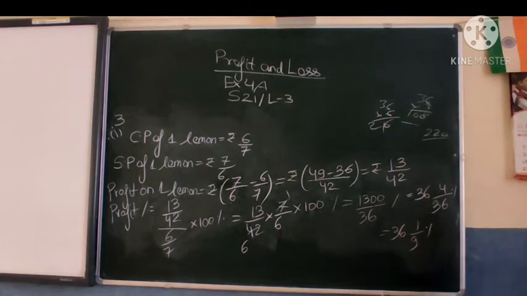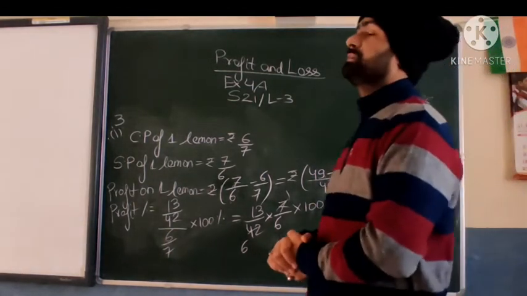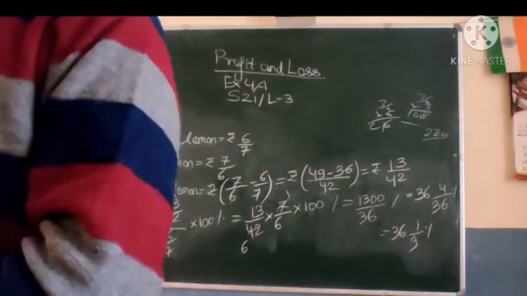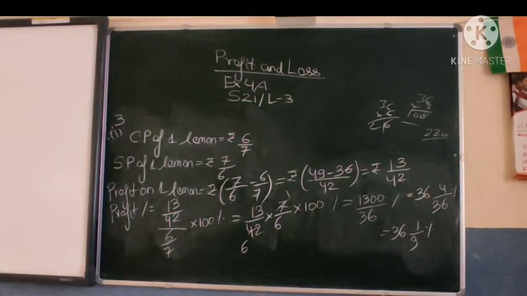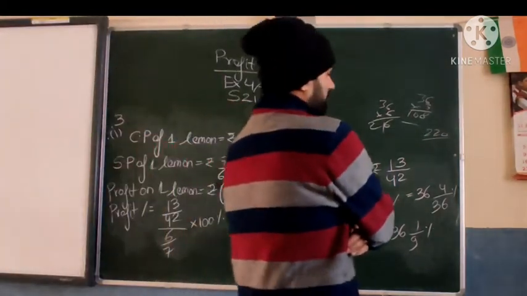So that is the profit percent that we have got. See, what we have done is simply taken out the CP for one lemon, then the SP for one lemon, and then calculated the profit percent. What is the formula for profit percent? It is profit upon CP into 100. Clear? So this is the one part that we have done.